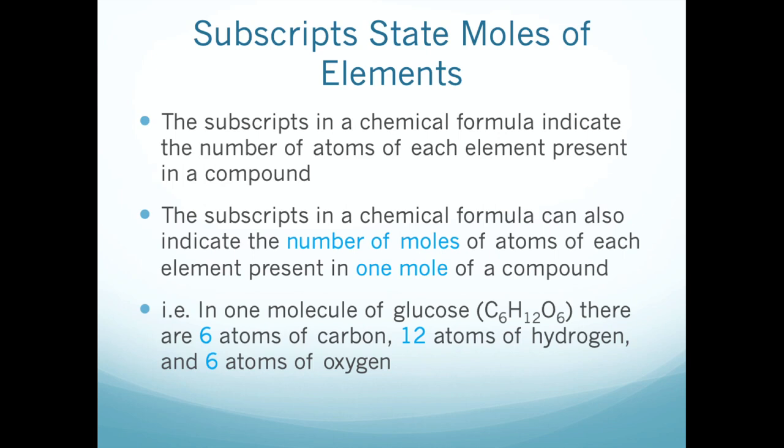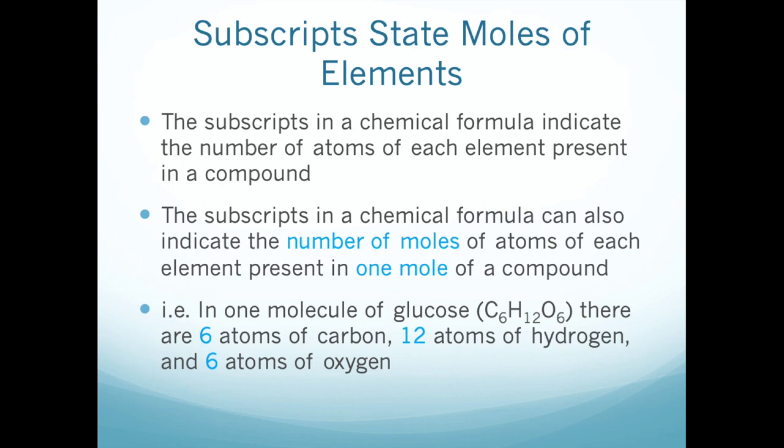So for example, when we look at our earlier example of calcium chloride, there were 2 chloride ions for every 1 calcium ion, right? But we can scale this up when we're dealing with moles. So if we had a mole of calcium chloride, there would be 1 mole of calcium ions and 2 moles of chloride ions. To use the example here on this slide, if we have a molecule of glucose, 1 molecule